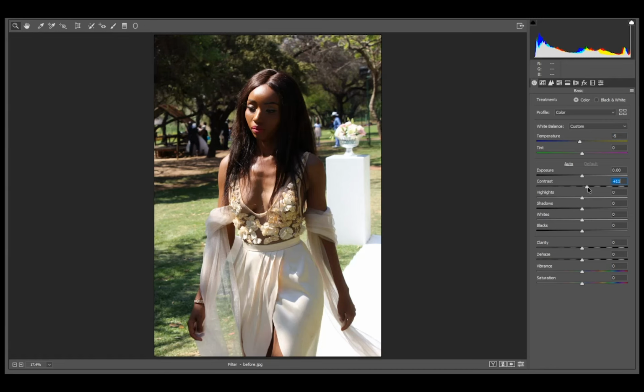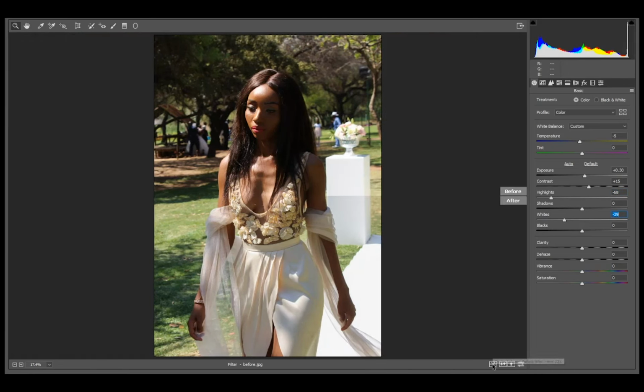And then bring the exposure up to about 0.3 of a stop. And now, since the highlights are blown out, you want to decrease the highlight slider so that we can retain some of the details on the highlights here. So if you're not satisfied, you can decrease the white slider. Just decrease it a bit. Here you can see there are more details than our before